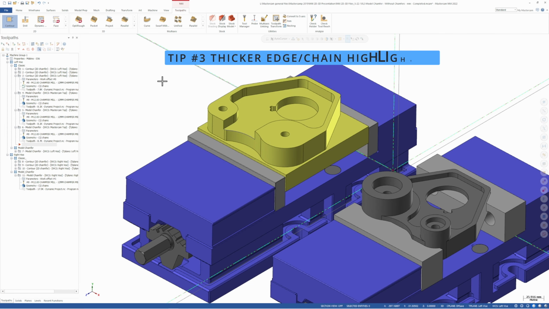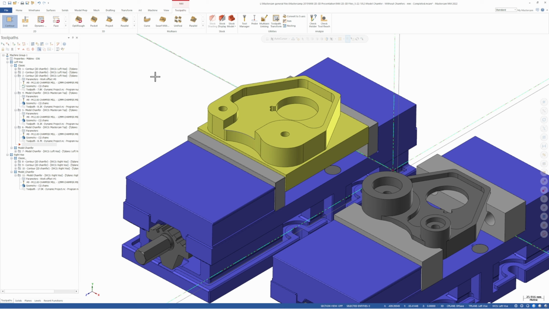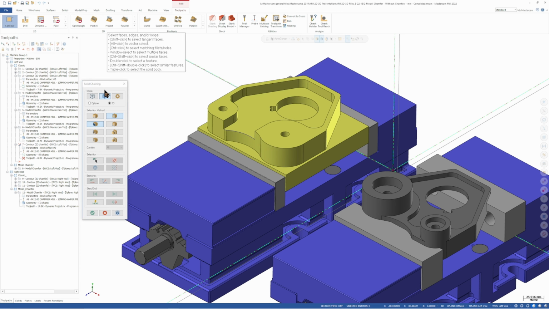Now, sometimes, well, in my experience anyway, it can be difficult to see what you've highlighted when you're solid chaining, when you're chaining a bit of a solid model for toolpathing generally. So, for example, I'll start a 2D contour toolpath, and I'm here in chaining mode, 3D selection. I've got the loop mode switched on currently. This is in 2022 Mastercam. The earlier versions work slightly differently in terms of chaining an edge,